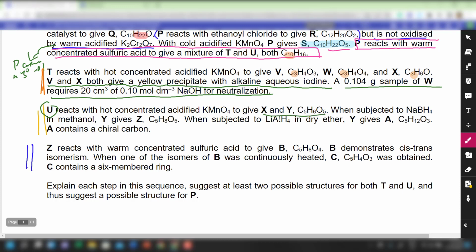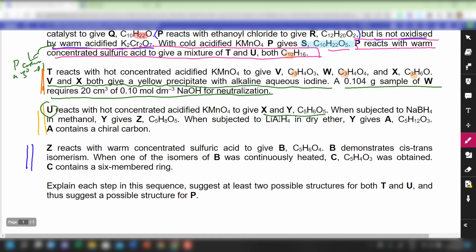So it's actually easier for you to work out a potential structure for U rather than for T, because once you work out a potential structure of U, then you can perform some elimination and narrow down your options